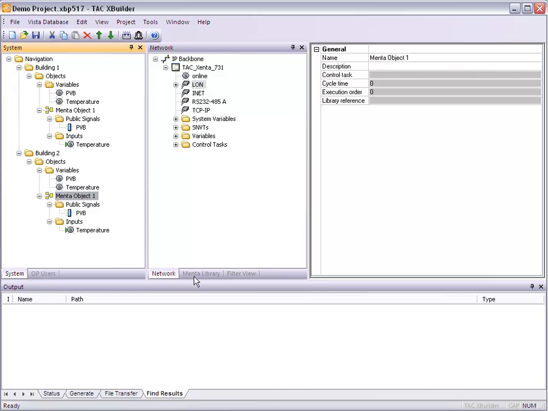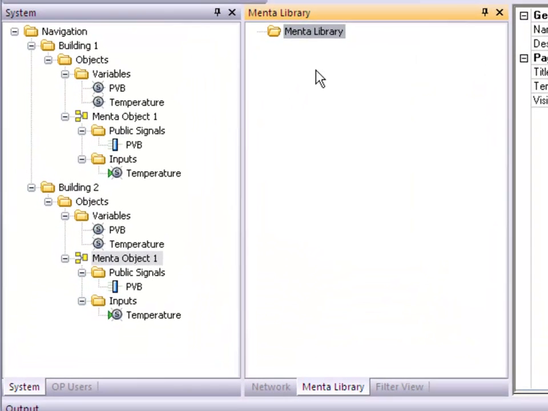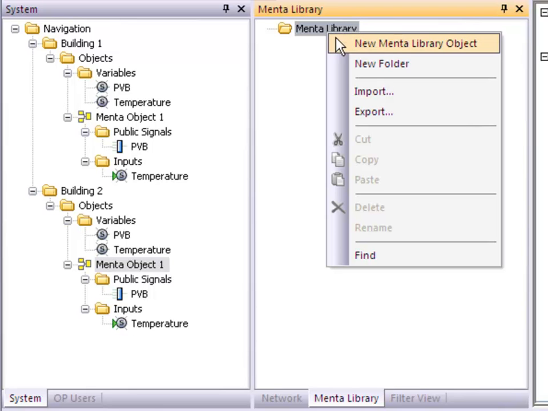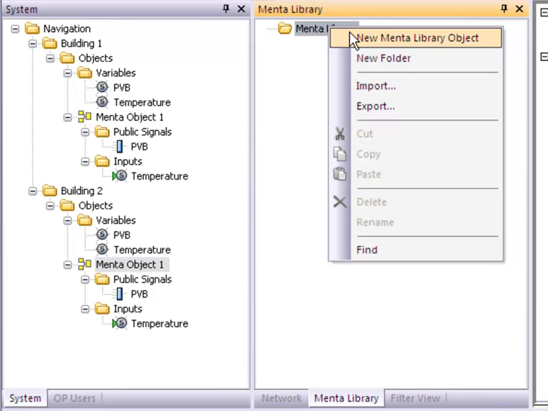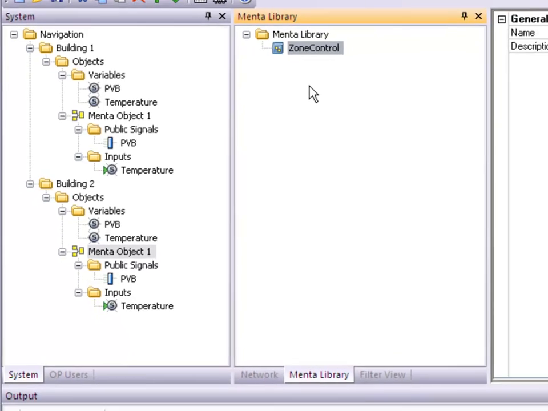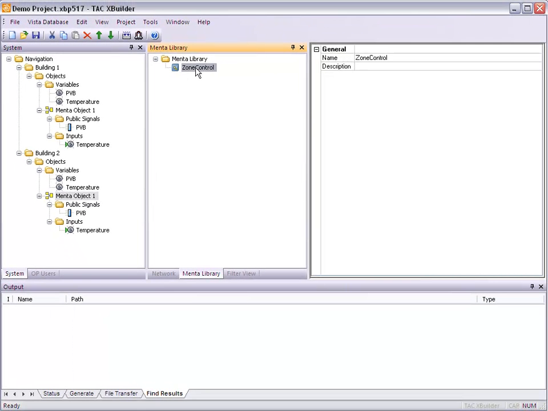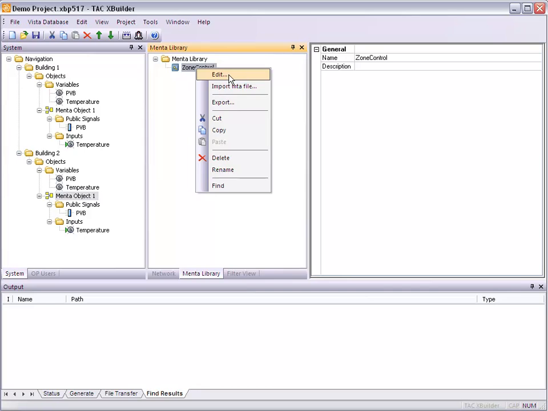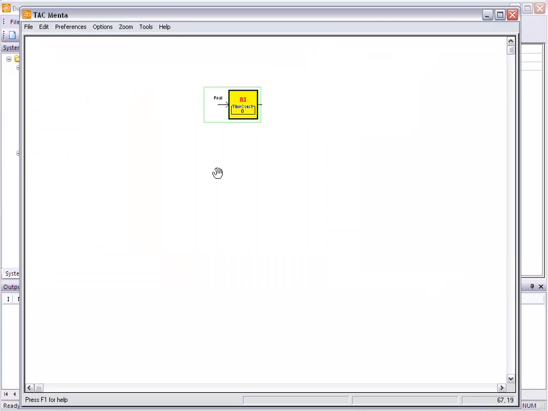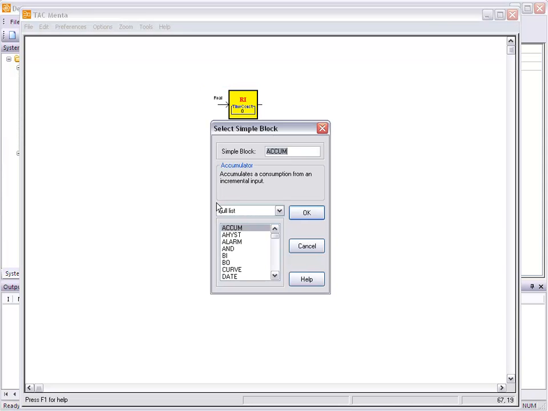If you look here in the middle, there's something called Menta library, and this is actually, as it says, a library of Menta objects. So for instance, if I have a lot of zones, I can just go ahead and create a new Menta library object, and I can just make it a zone control, or whatever. And this is actually just a normal Menta file. I can just go ahead and edit this, make an RI, for instance, and then RO,